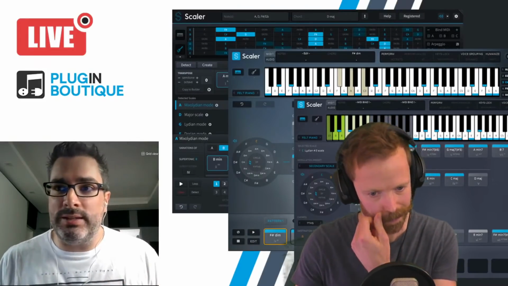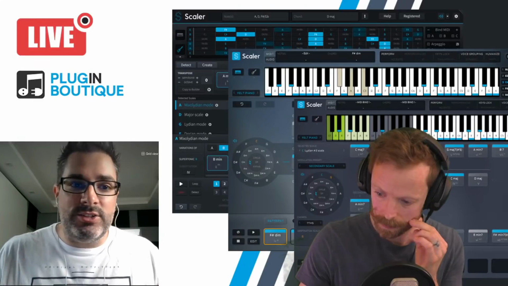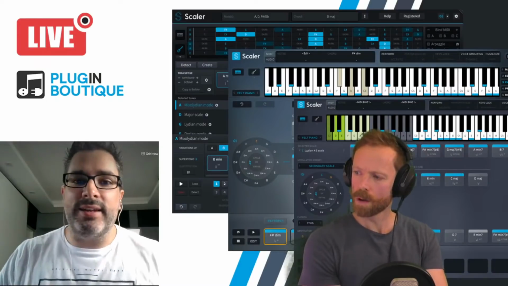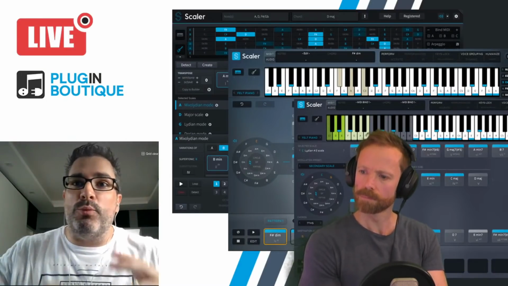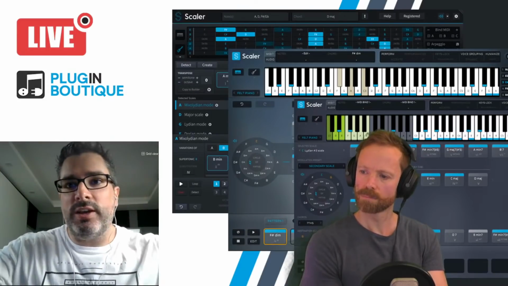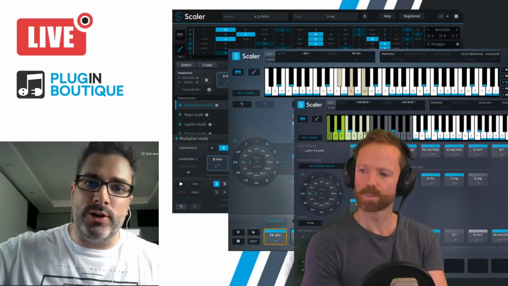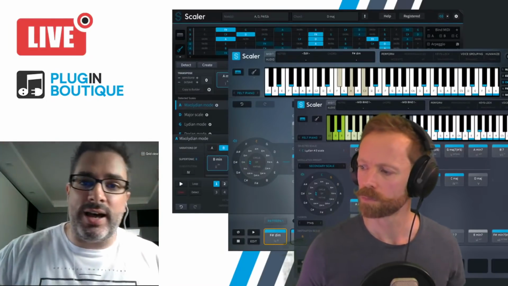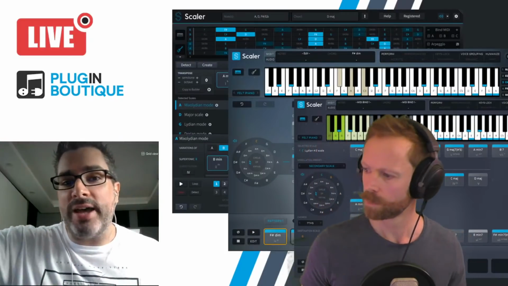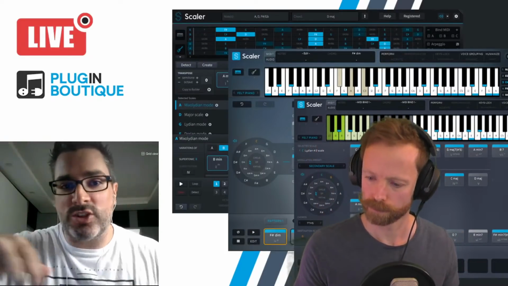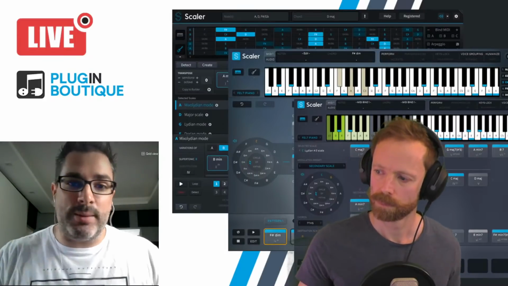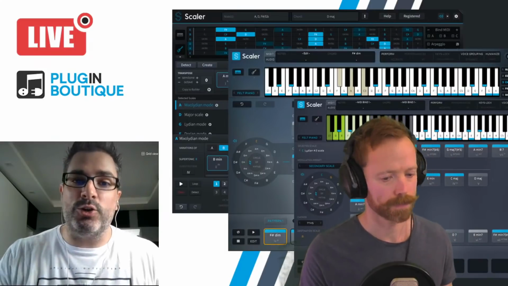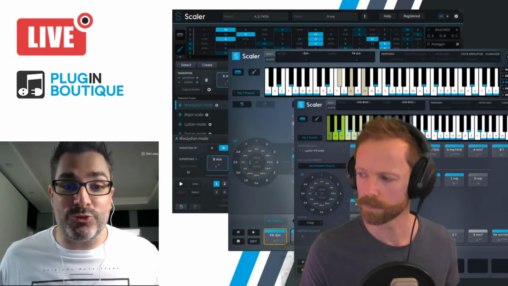So we've got MIDI mapping, which means you can set up Scalar to do articulation switching. It's going to be much easier for you to show that than it is for me to explain it. But you can set up a performance and route that to a MIDI key on your keyboard, and then you can change the performance mode. You can even go to bass, and then a common bass line, and then map that to a different key on your keyboard, and then you can switch those on the fly while you're demoing or playing. So if you're a performer using Scalar, or this is just how you like to record your music for your productions, it's huge, and it's really, really cool.